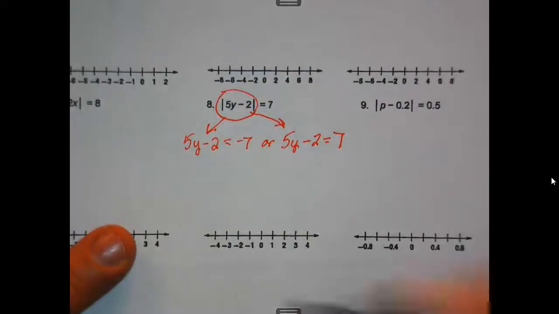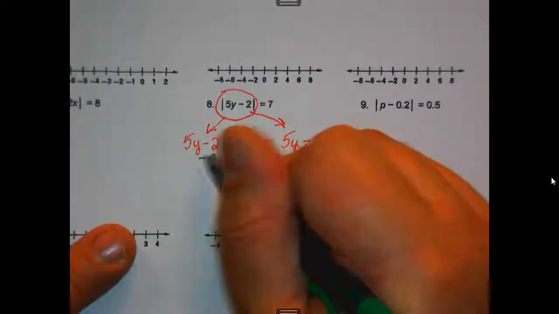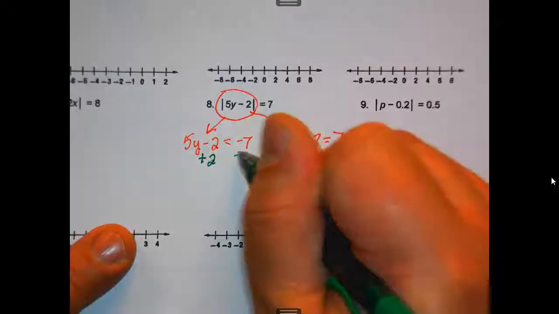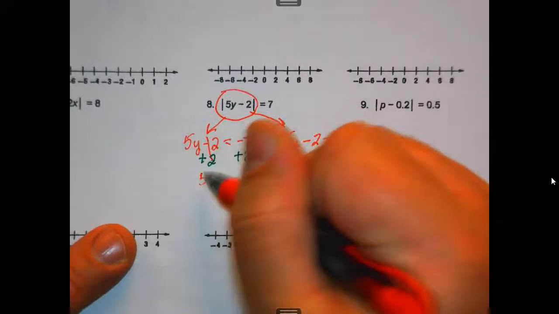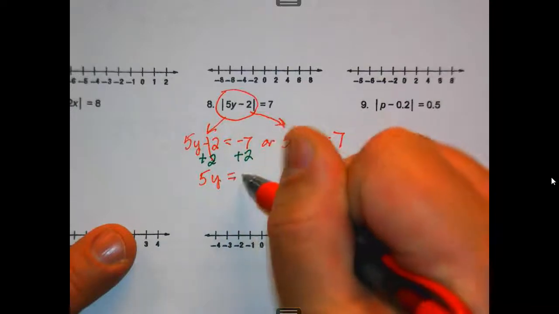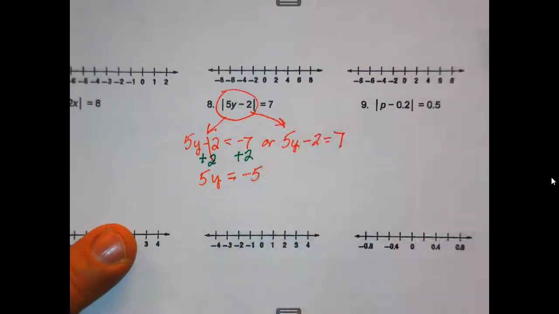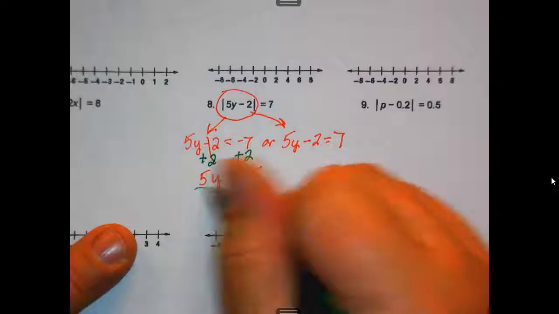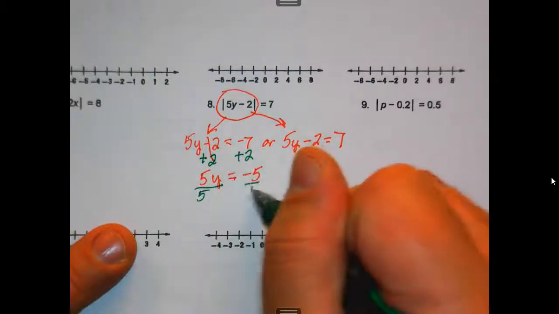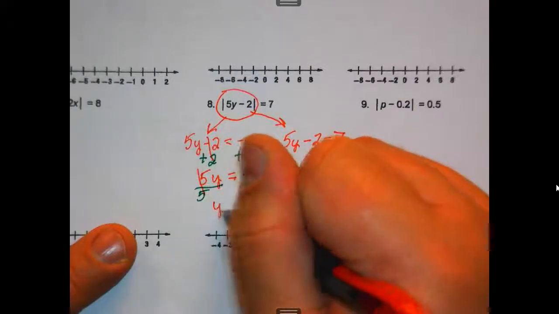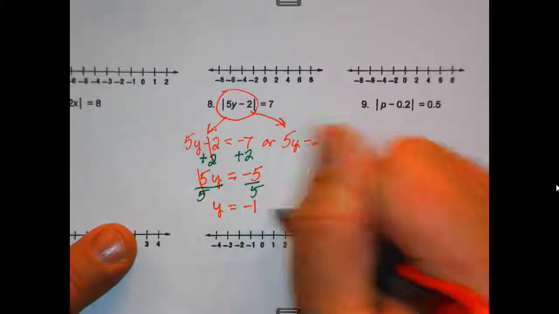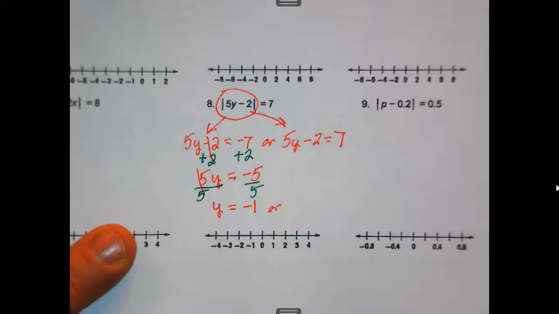Solve for y. Add 2. So I get 5y equals negative 5. Divide both sides by 5. So I get y equals -1, or solve the other one,